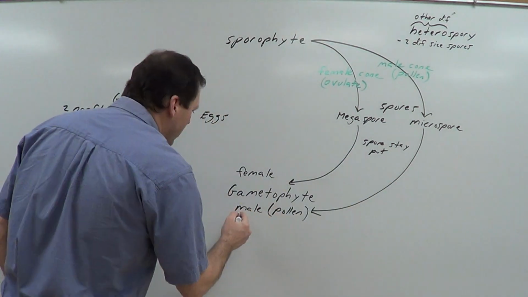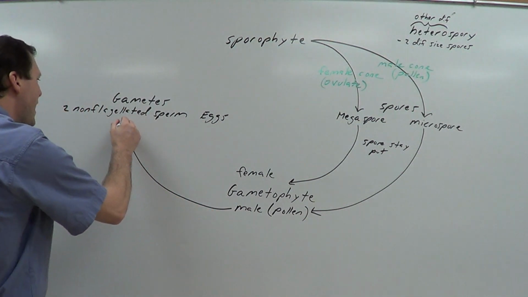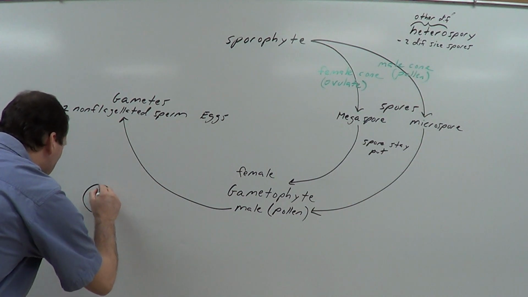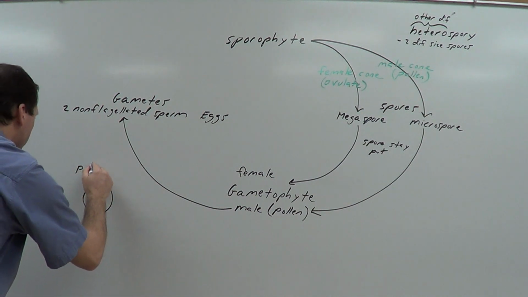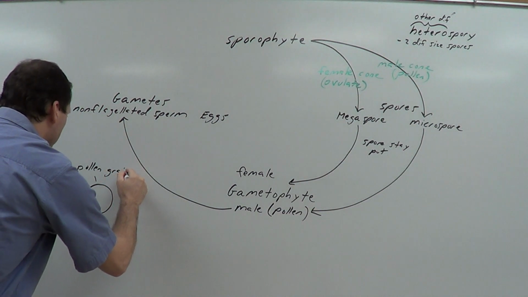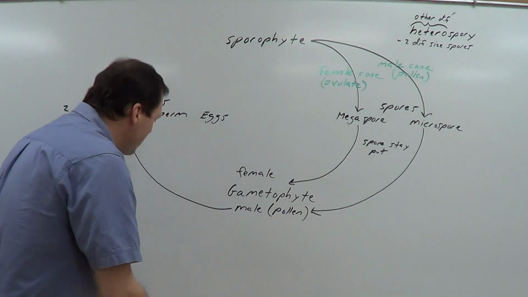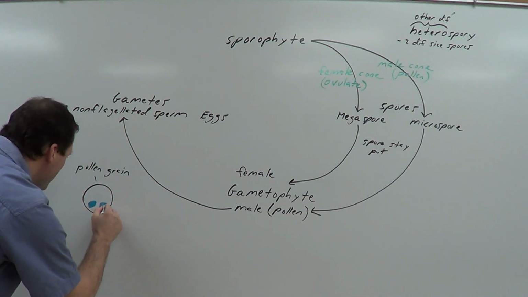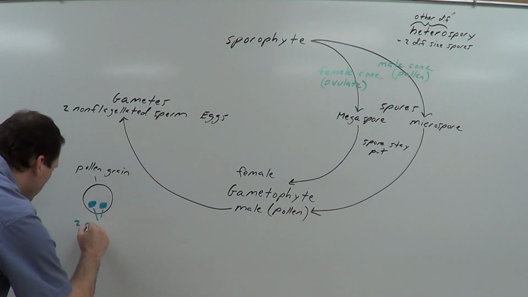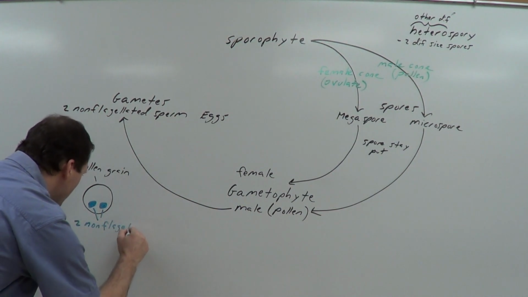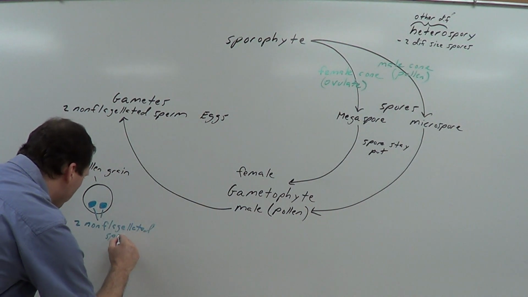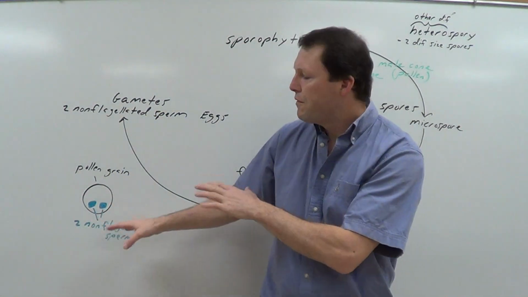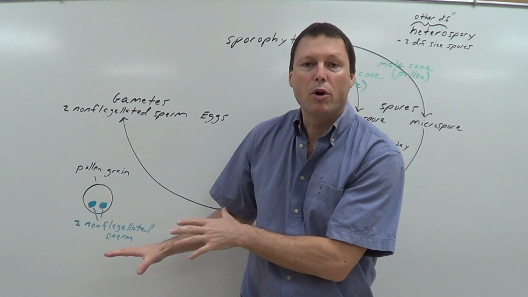So our pollen grain is eventually going to produce two non-flagellated sperm inside it. So if we draw a pollen grain, I'm going to draw one right down here. That's our pollen grain. Inside that pollen grain are going to be produced, eventually anyhow, two non-flagellated sperm. And that's an evolutionary step forward, because with mosses and ferns we had flagellated sperm, and they had a flagella